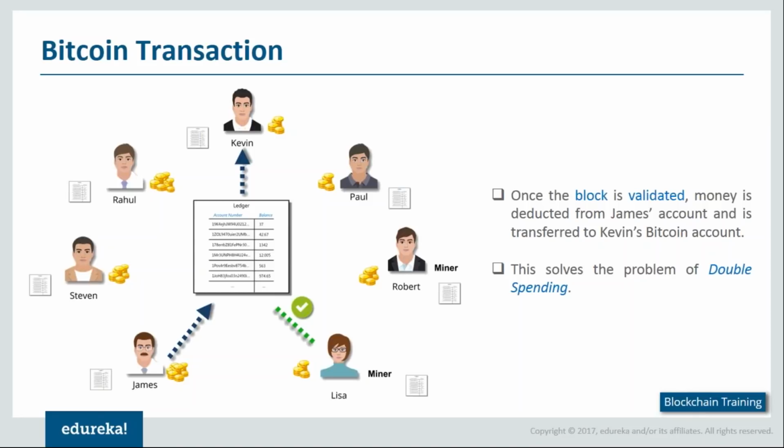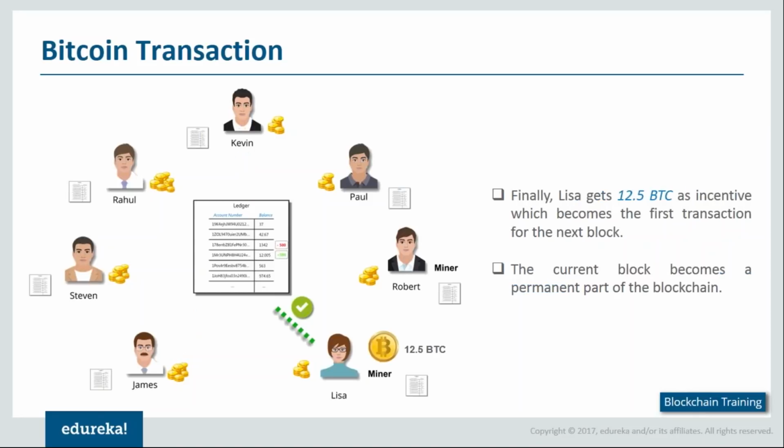But for miners who create the new block, they get an incentive of 12.5 bitcoins. So if you create the next block of the blockchain system, you get an incentive of 12.5 bitcoins as part of a reward. So this in turn is a huge amount. So going by the present rate, this is somewhere close to $35,000 for just mining a new block. Easy way to make money, right? Now, it may seem a huge reward to just mine a new block, but it's not quite as easy as you think. Given today's resources, no individual can completely mine a new block.